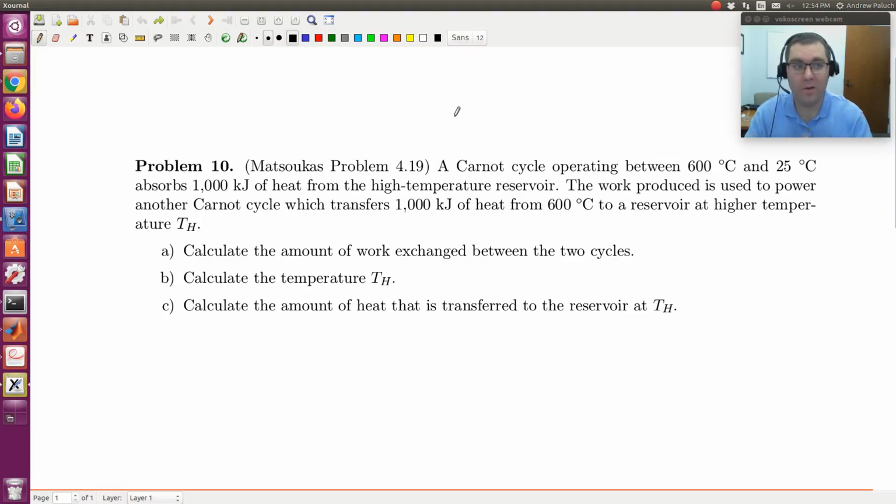All right, let's take a look at example 10. So a Carnot cycle operating between 600 degrees C and 25 degrees C absorbs 1,000 kilojoules of heat from the high temperature reservoir. The work produced is used to power another Carnot cycle, which transfers 1,000 kilojoules of heat from 600 degrees C to a reservoir at higher temperature TH. Calculate the amount of work exchanged between the two cycles. Calculate the temperature TH, so that's for cycle 2, and calculate the amount of heat that's transferred to the reservoir